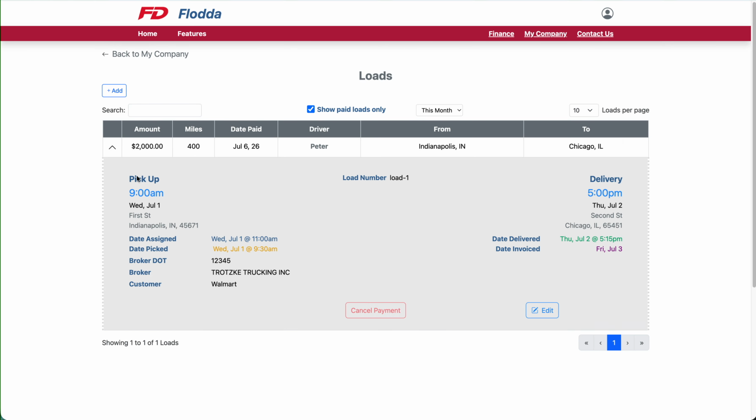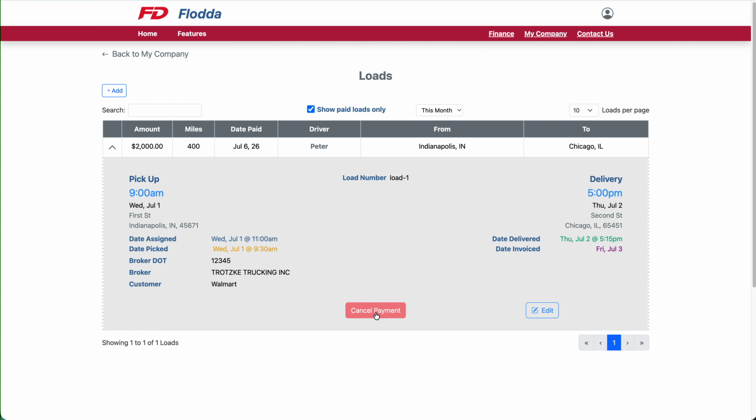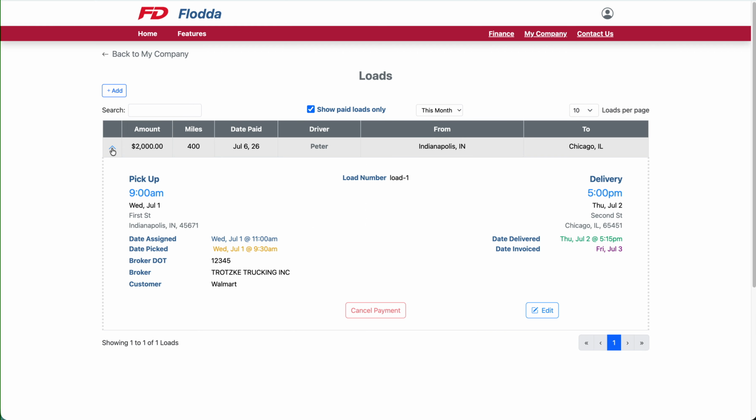And I can expand that, and I can see all the information about the load. I can see the date when it was paid. And that's it. We're done with that load basically. Of course, you can cancel the payment to put it back into the invoiced state. But yeah,